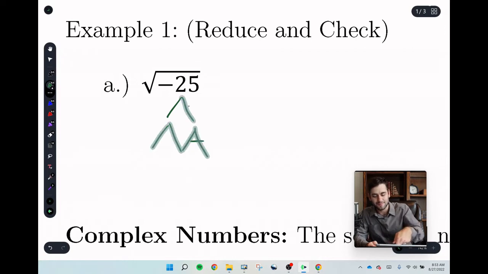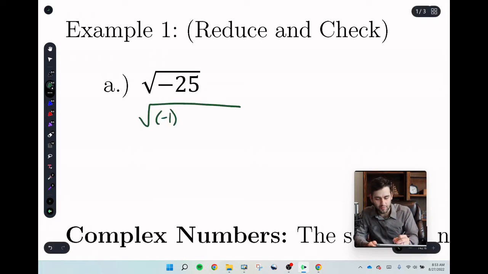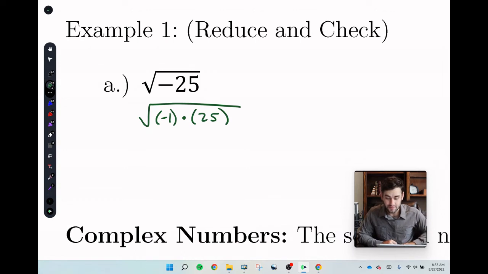Yeah. So the first thing, because we're working with imaginaries, I know I'm probably going to get rid of that negative sign. So I'm going to break this down into -1 times 25. Everybody okay with that? I'm okay with it. I think it looks great. And now what I'm going to do is use the properties of square roots, which is really just a derivation of the property of exponents. I'll make a note of that later today,